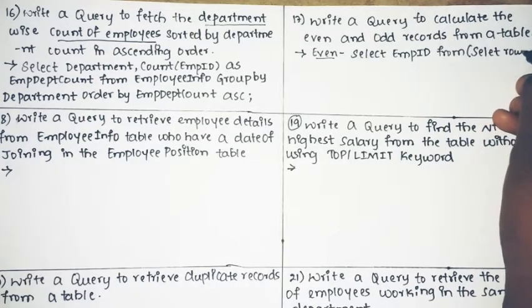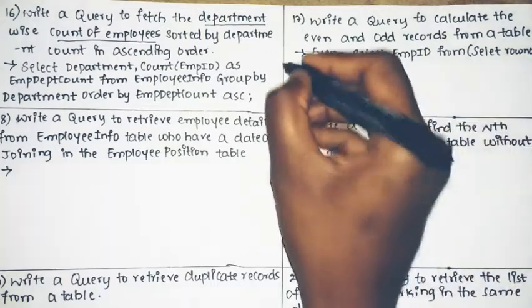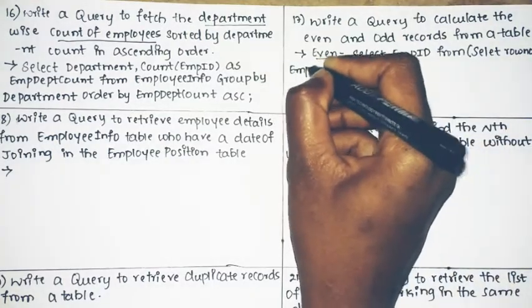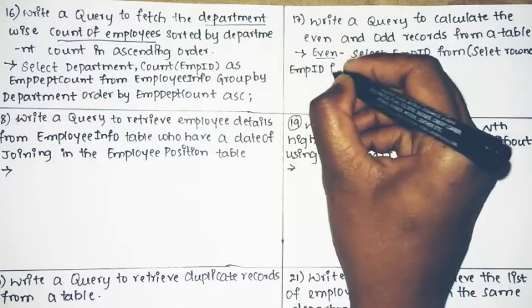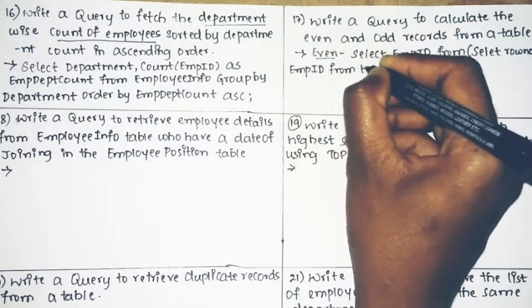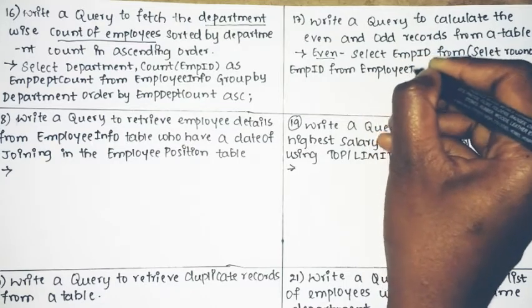So select row number comma employee ID from the name of the table, which is employee info table. So from employee info,